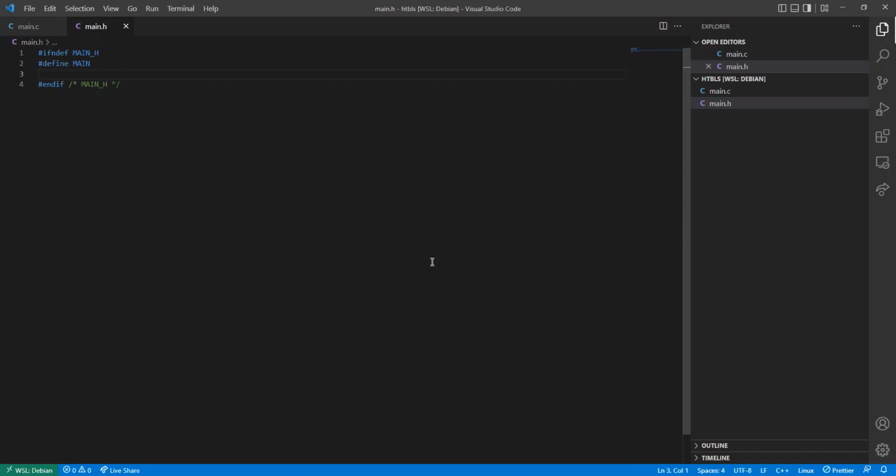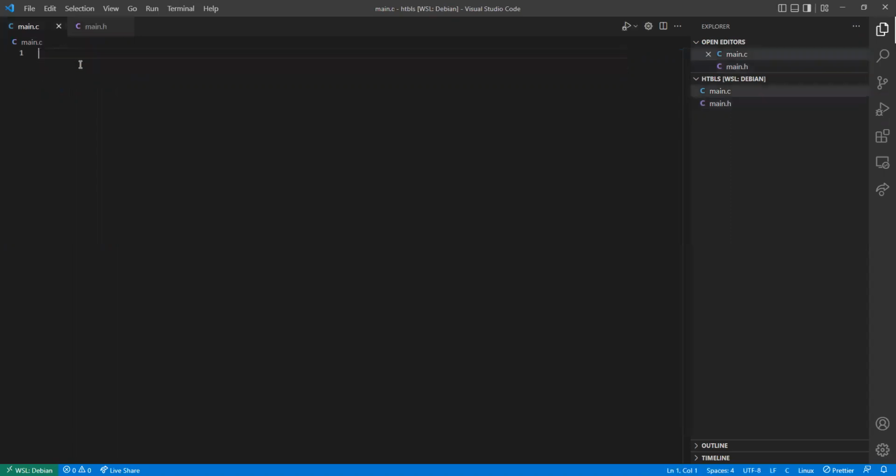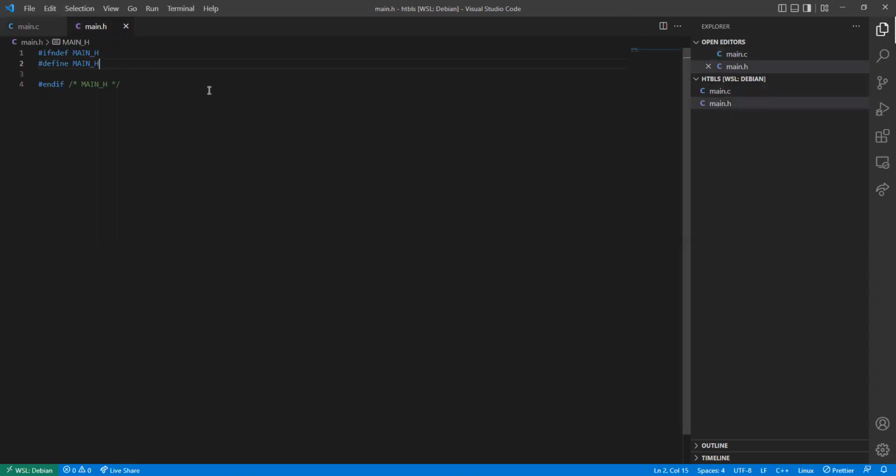Great. Here we have the main header, and I want to include that in the main function, but let's start defining